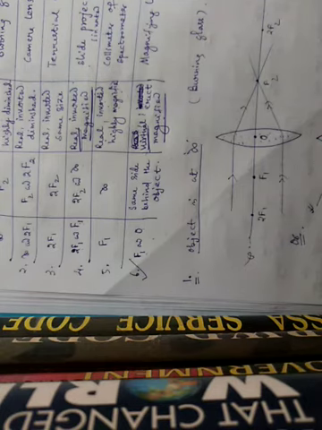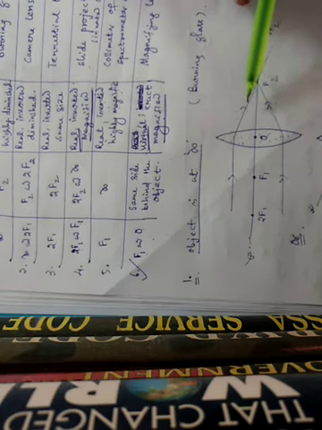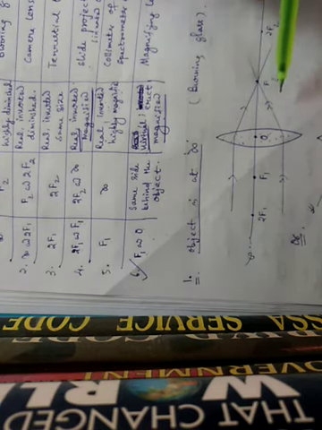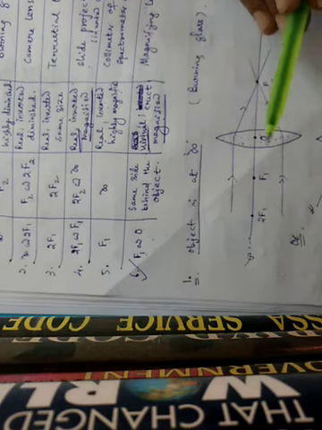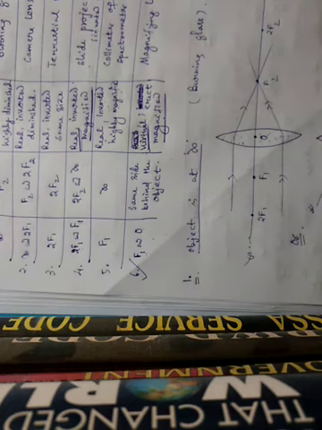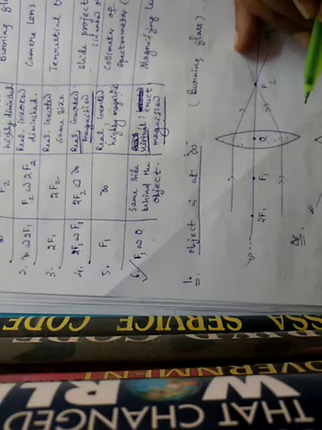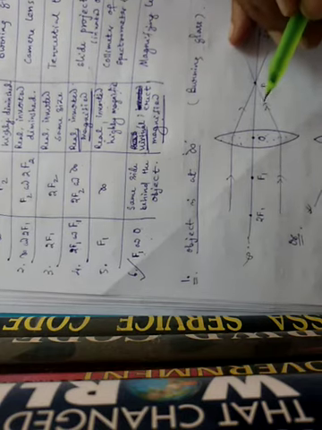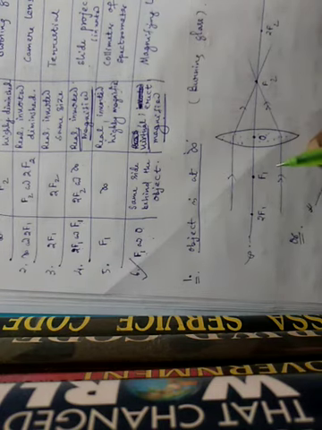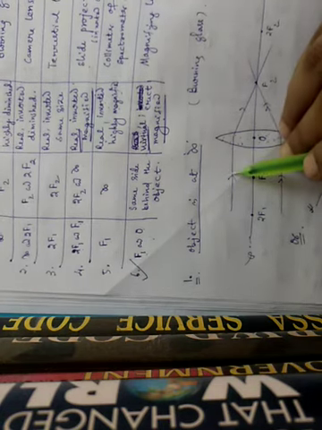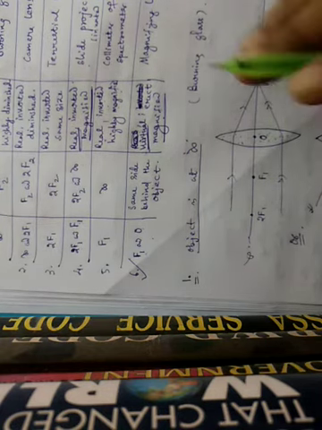Another important point we have to remember: while tracing the image, we require a minimum of 2 refracted rays. That means we require a minimum of 2 incident rays. To distinguish 2 incident rays, many books use different colors. But here, for one incident ray we will give a single arrow mark, for another incident ray we will give a double arrow mark. That does not mean that a single arrow mark has less intensity of light and a double arrow mark has high intensity of light. Clear?